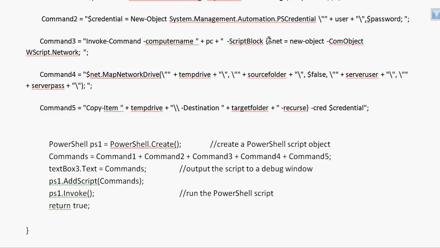So we take a variable, we create a new network object which is called $net, and that's the first line of our invoke command, our script block. We need to put a colon on the end, and then the next part of our command, the next script block, is to map the network drive. And you notice temp drive, instead of calling it U drive as we did in our PowerShell script, we call it temp drive. Now this can be taken from the contents of a text box on our form,